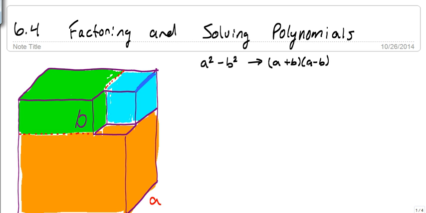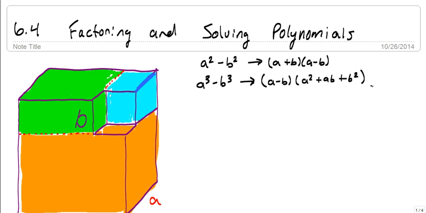I'm going to show you the proof of a difference of two cubes, a cubed minus b cubed. And just like a difference of two squares, this has a particular form that it factors into. It's always a minus b times the quantity a squared plus ab plus b squared. I'm going to go through this proof real quick just to show you where this